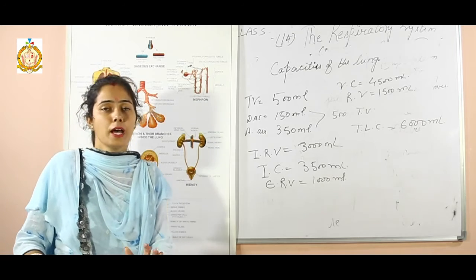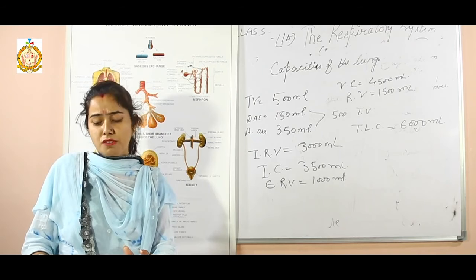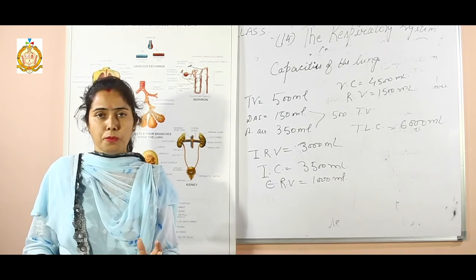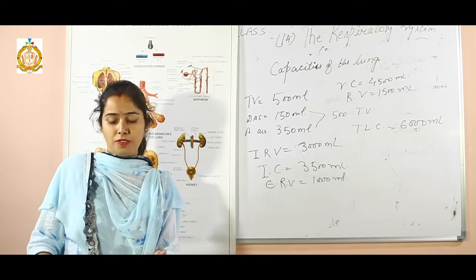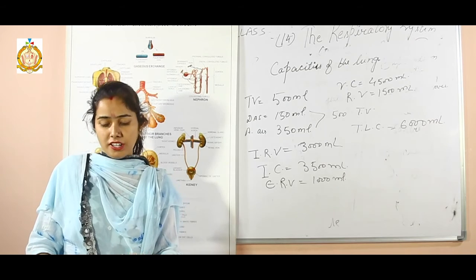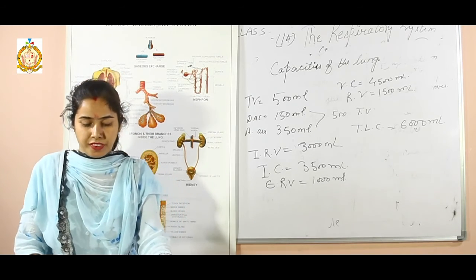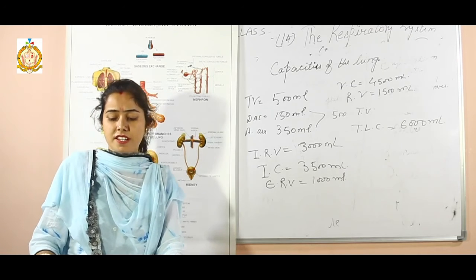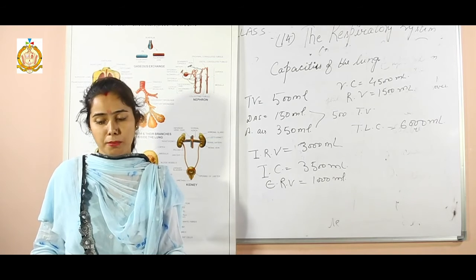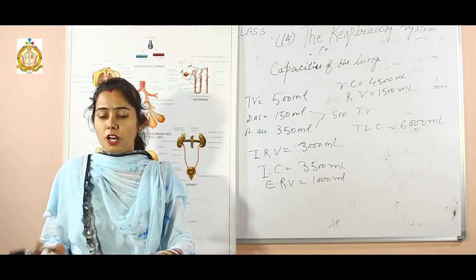Now there are two conditions, hypoxia and asphyxiation. Hypoxia is a deficiency of oxygen reaching the tissues. For example, when we sit in a crowded room for long hours with no ventilation, we experience this, and also at high altitude where the oxygen content is very low. That is known as hypoxia. The next is asphyxiation. It is a condition in which the blood becomes more venous by accumulation of more carbon dioxide and the oxygen supply is diminished. So this is all about the chapter.